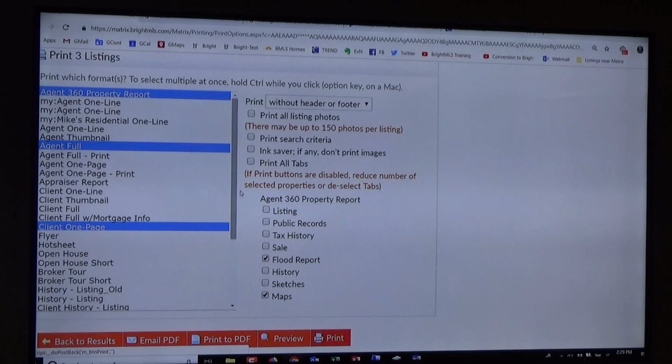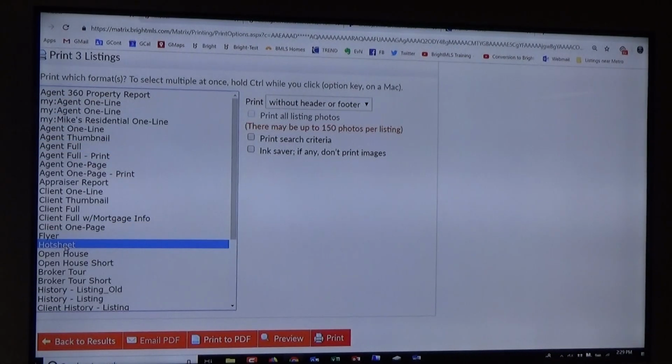Yep. So there's different versions of hot sheet reports. You can set up a hot sheet report. It'll only print the version of the hot sheet that you have set up for yourself, because you can have your hot sheet set up with very specific columns. And hot sheet's still in this program. It'll be a similar way you'll get into it, but the hot sheet that you have set up in Trend